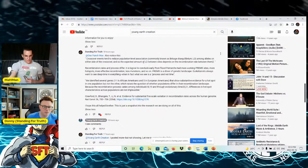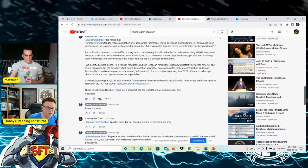And so the expected amount of LD between sites depends on what? The recombination rate. So if you have faster recombination rates, more effective recombination rates in some people, then that people group will harbor more genetic diversity. It has nothing to do with time. Notice this. We identified several genes in African Americans and 5 in European Americans that show substantive evidence for a hot spot in one population, but not the other, which raises the question of whether populations differ in their recombination